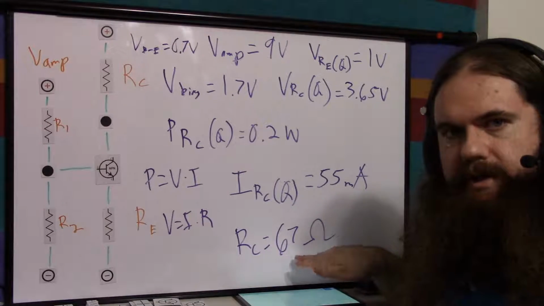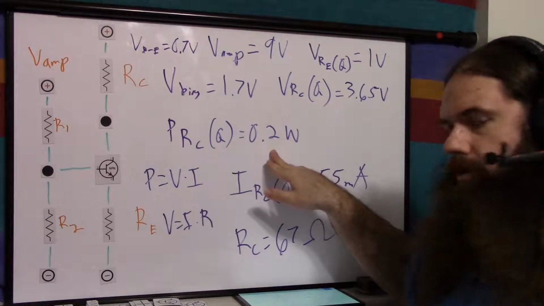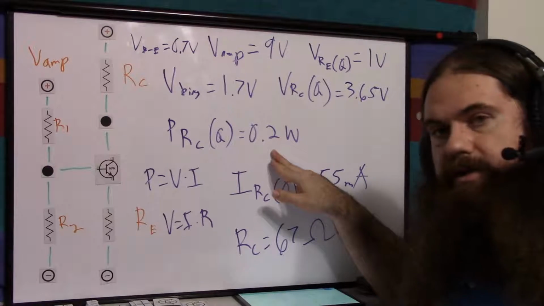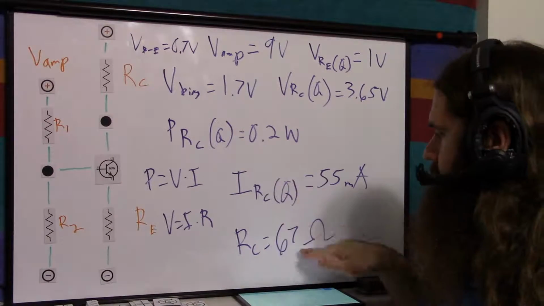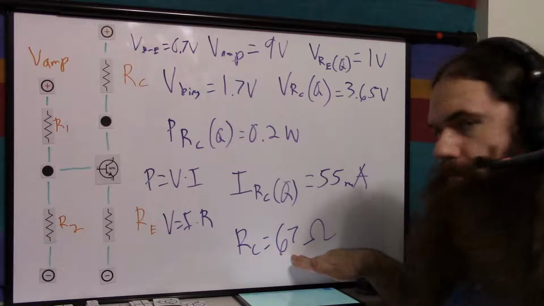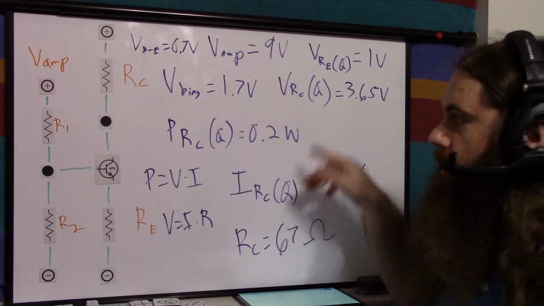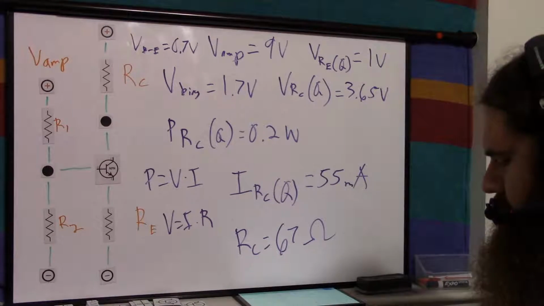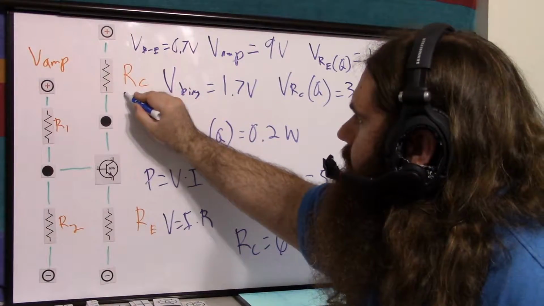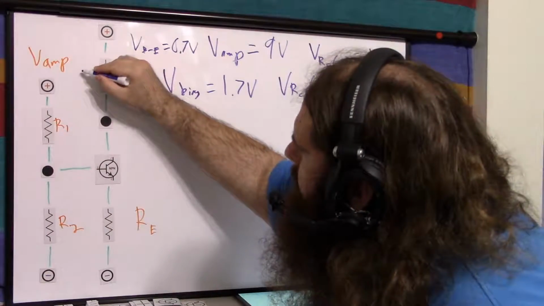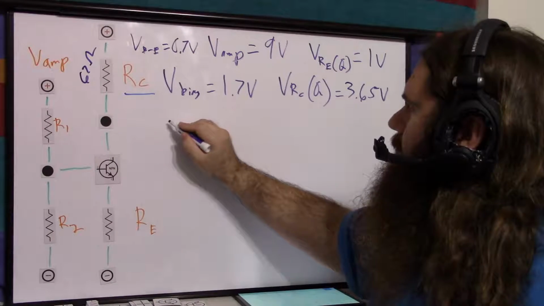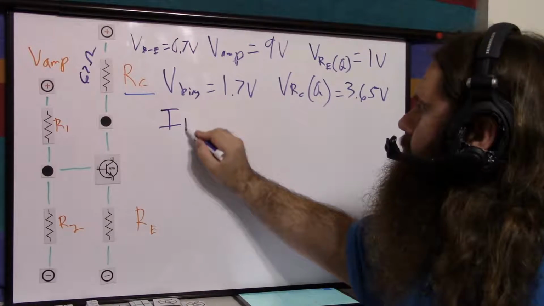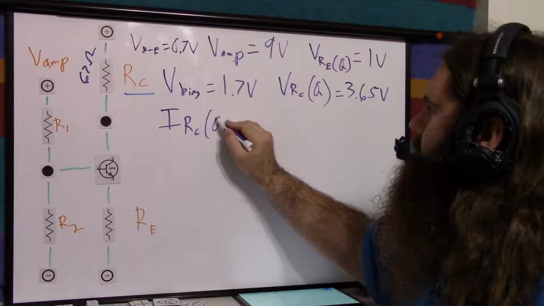If you're worried about this, just increase this resistor. You're the one setting the power target, so if you want to change this to 0.1 watts or whatever, just increase this resistor. In fact, you could just pick a random number for this resistor and calculate from there. But now we actually know this resistor's value. So that's nice. So let's say it's about 67 ohms, and we said the current through RC at quiescence,